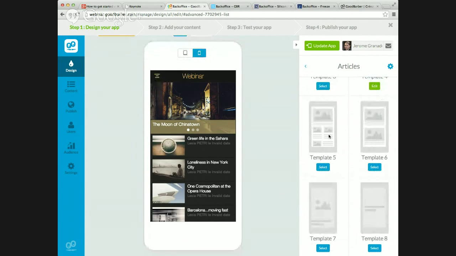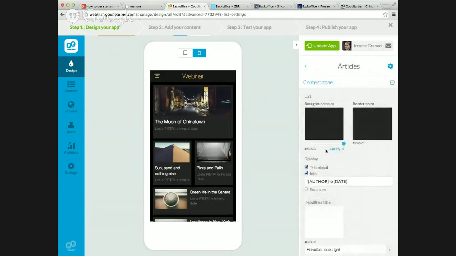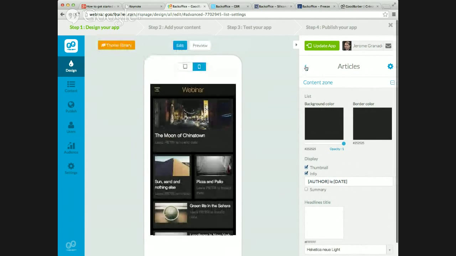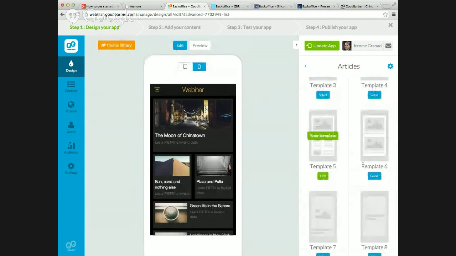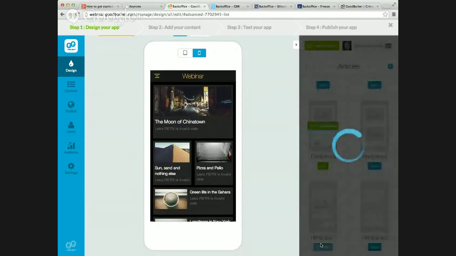And template 5 is the same as template 4, but there is only one article that is put in the header, and below there is a grid navigation. And let's finish by template 7